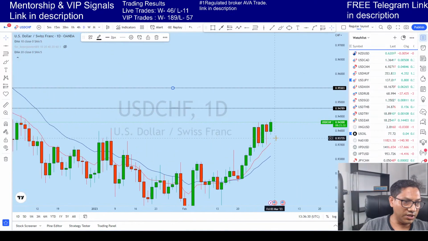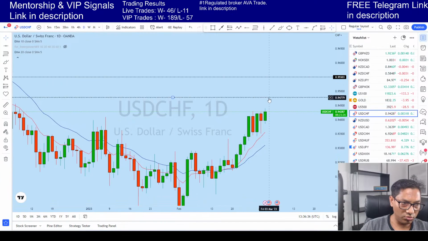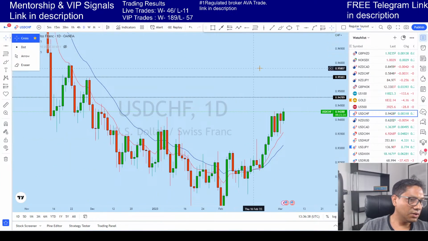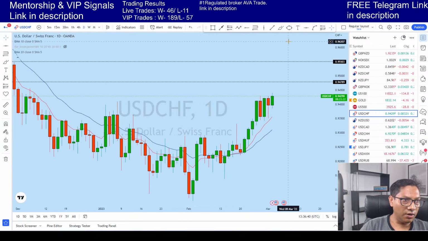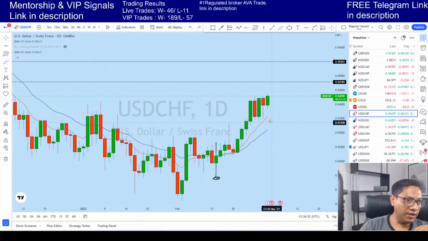Now this is the daily chart, okay, on dollar Swiss franc. We see that a strength in dollar might get stronger, so gold might be bearish a little bit. We'll look at gold again separately. Let's talk about this dollar Swiss franc. So we see that basically this market on the daily as well grabbed liquidity multiple times, and in that zone also we saw liquidity multiple times.